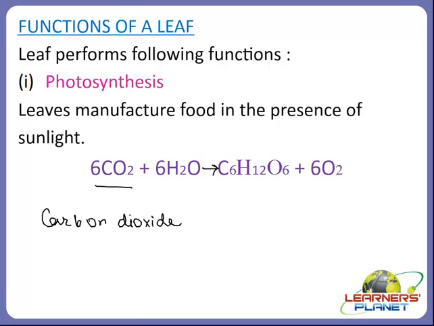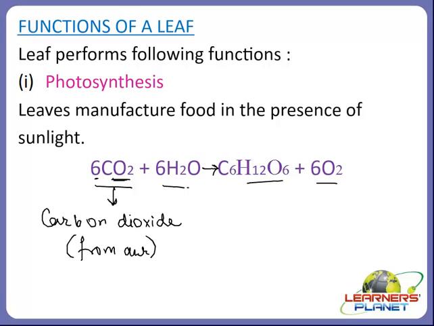This is just for the information, do not worry. You don't have to cram this equation, just try to understand. Okay, so this is carbon dioxide, which is written as CO2. These are 6 molecules of CO2. So this carbon dioxide comes from the air